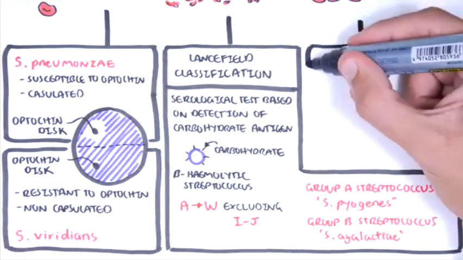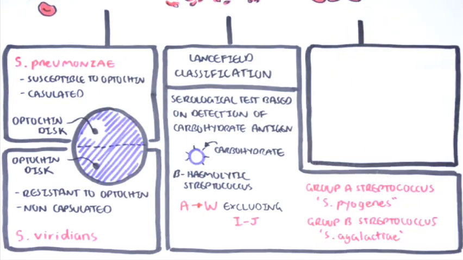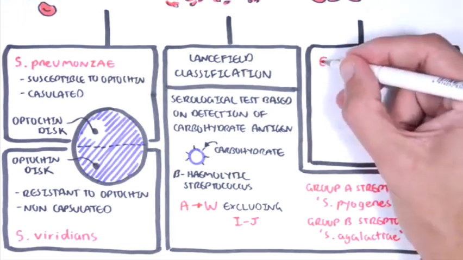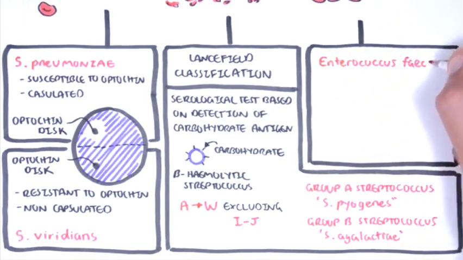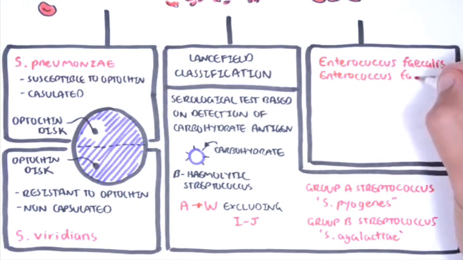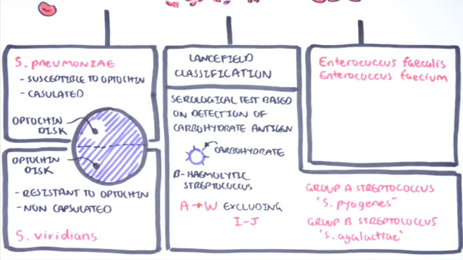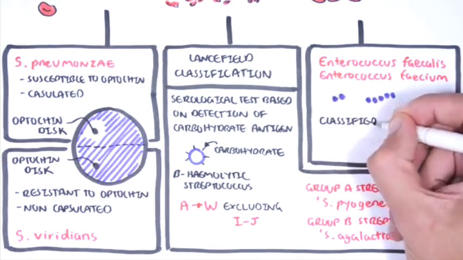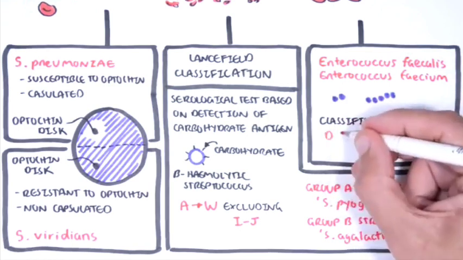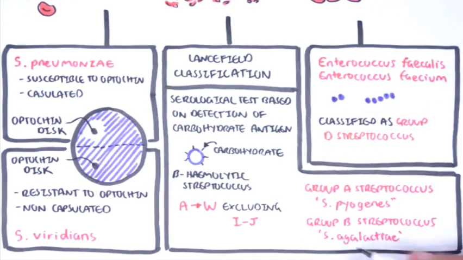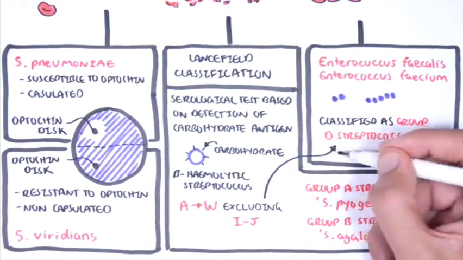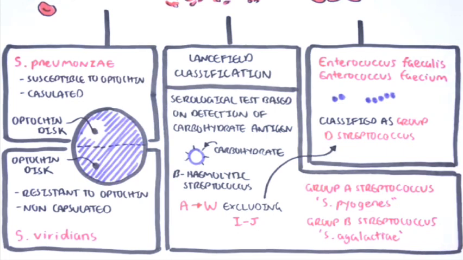The gamma hemolytic streptococci are the enterococci, and these include Enterococcus faecalis and Enterococcus faecium. These guys are normally found in the gastrointestinal tract, hence feces, and are also classified under the Lancefield classification as group D streptococcus. I hope you enjoyed this video on the overview of the streptococcal